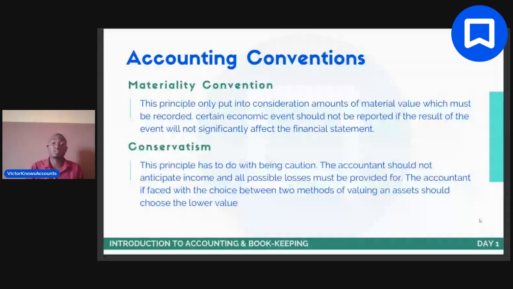Now, materiality generally: an item is material if an omission, meaning you totally left it out, or a misstatement, meaning you showed it incorrectly, will affect your financial statement significantly. Then that item is material. And why is that? It is because if it significantly